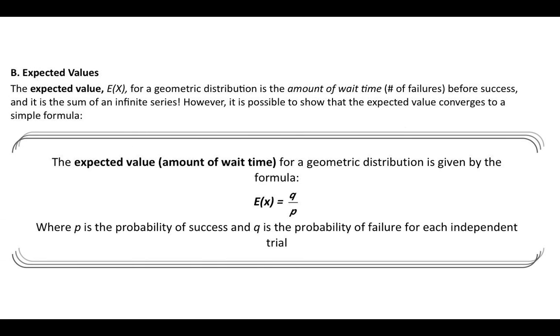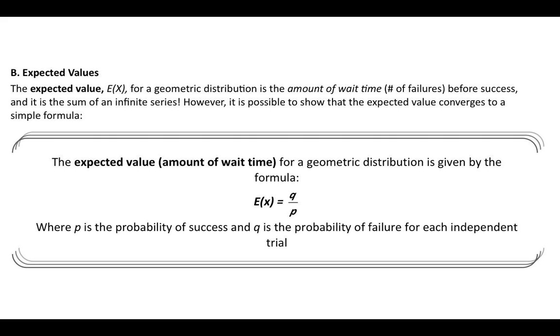So the expected value for a geometric distribution is also very useful, because it's telling you the expected number of failures before you'll see success. The expected value is just the random variable times the probability of getting that value, plus the next one. But there's an infinite number of discrete values you could have, like an infinite number of failures before success. So what's neat about this is that to calculate the expected value, or E of X, your random variable,